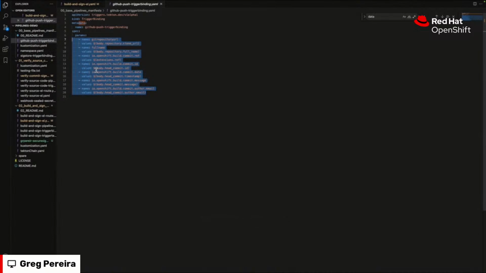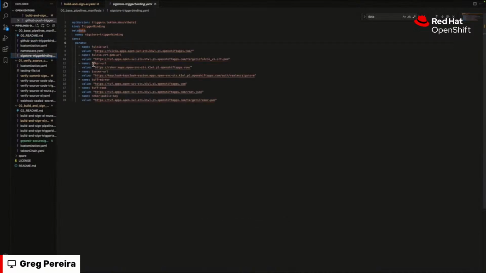So yeah, I think I'm just talking about how these values will get passed through the pipeline. So yeah, here you go. You can see these are the SIG store, or in this case, the TAS variables for those routes. So that way it can be used later on in the pipeline. This is just kind of like a static way that I can pass it there. And this is all templated out in the automation scripts I talked about earlier, where it will update these files programmatically.